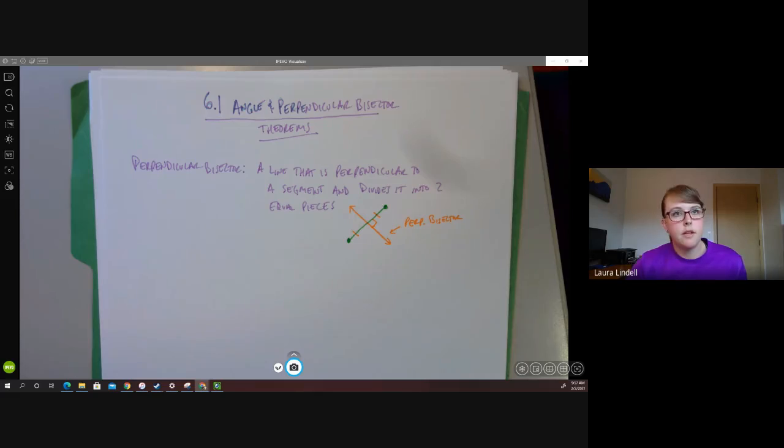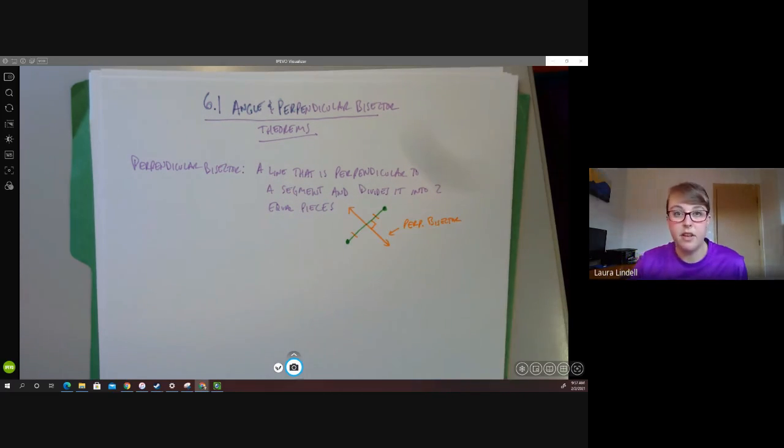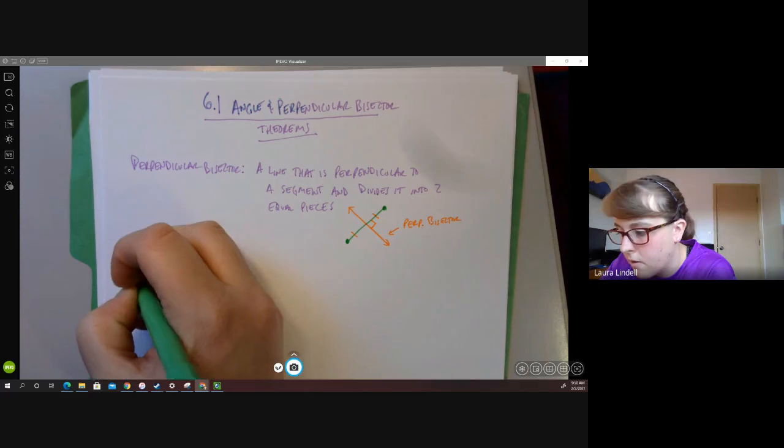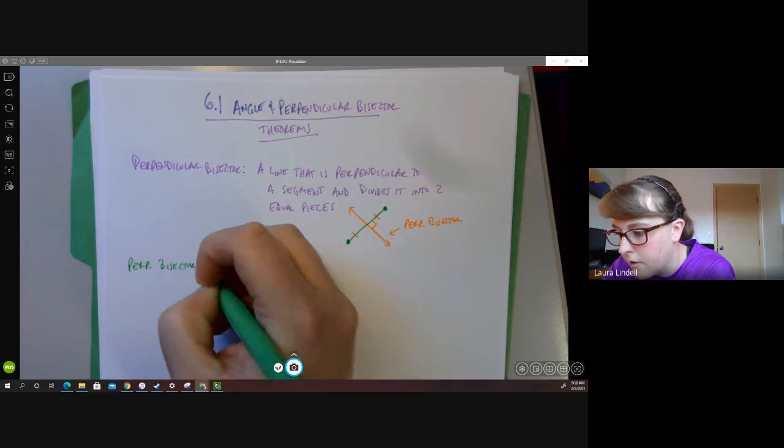Okay. So there's some convenient things that happen with perpendicular bisectors besides just being a bisector. There's some other convenient things that we're going to take a look at using something called the perpendicular bisector theorem and the converse of the perpendicular bisector theorem. So the perpendicular bisector theorem: